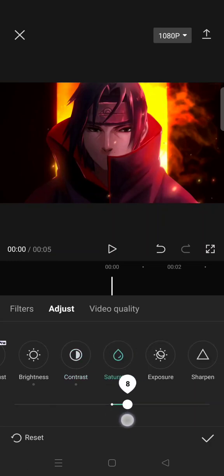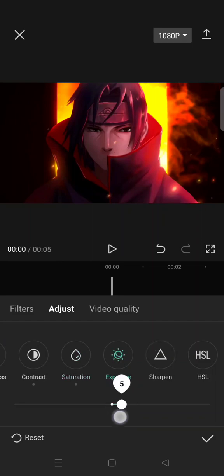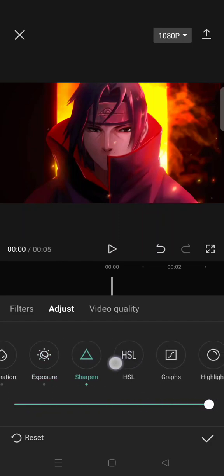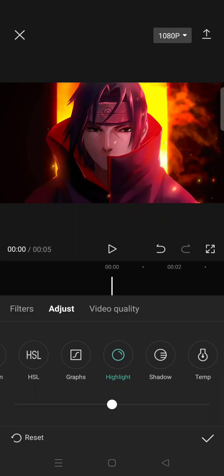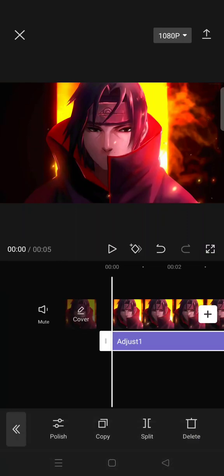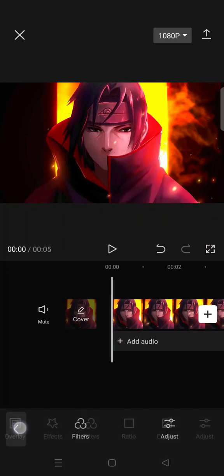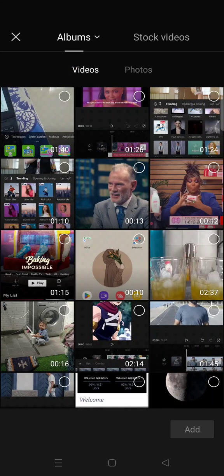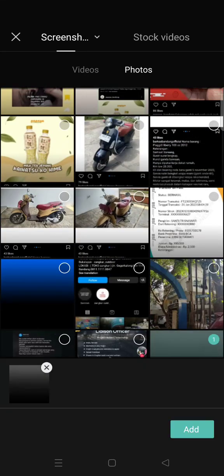Saturation also 10. Then click on the exposure, also 10. For the sharpen, you need to increase it into 100 like this, and click on highlight and set it into 50. And after that, click on a check icon and go to the overlay, add overlay, and then add this